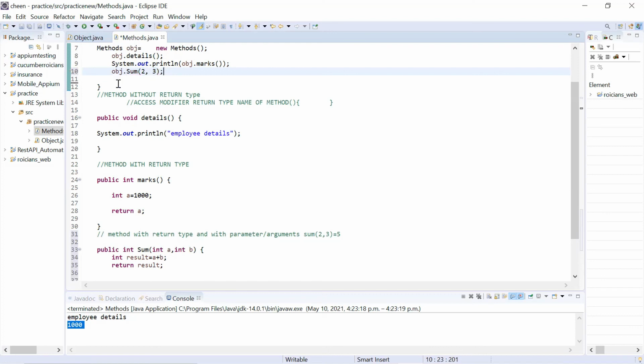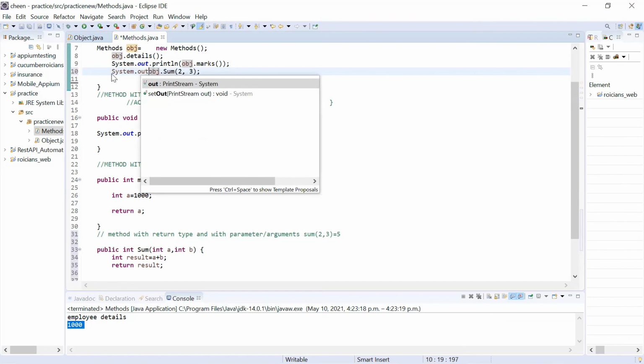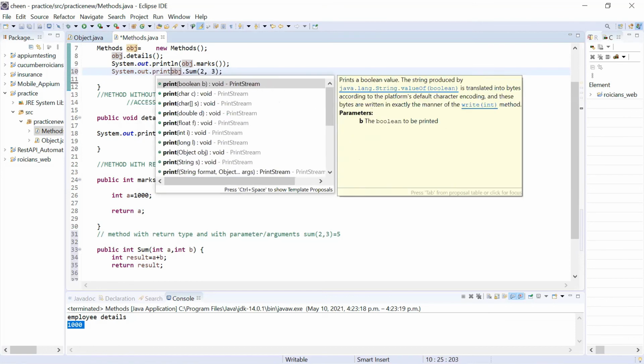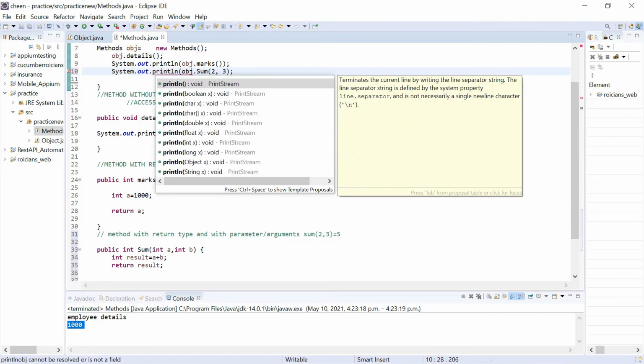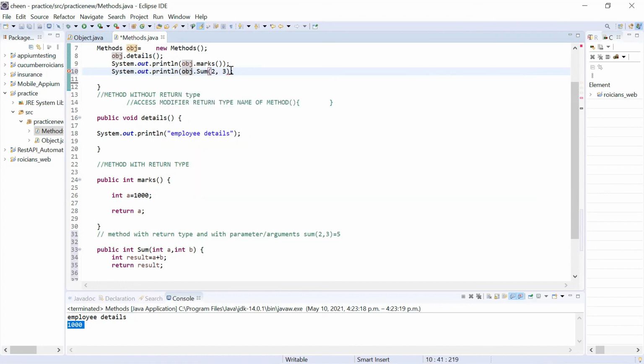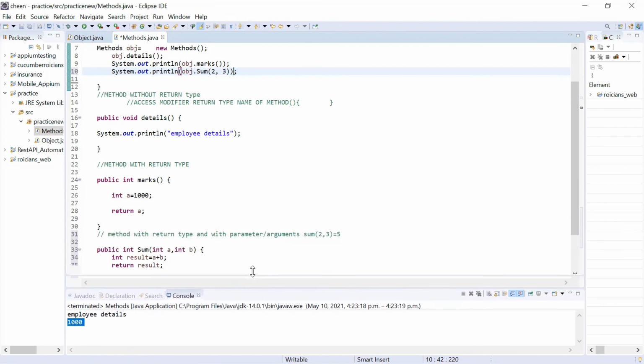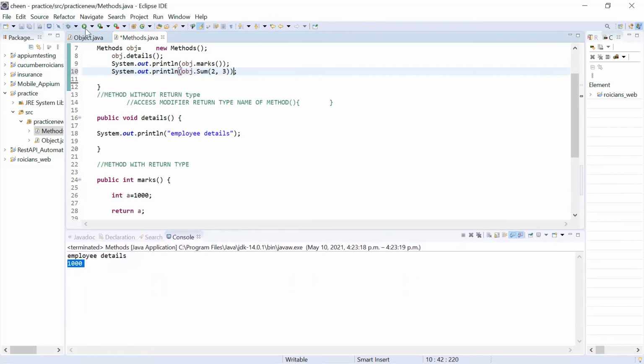Again, guys, when you will execute this program, it's not going to display you anything because system.out is not there. So I'm going to write system.out.println, and in brackets, I'm going to put this method. Let's execute this. I'm just going to scroll it up. Execute this.